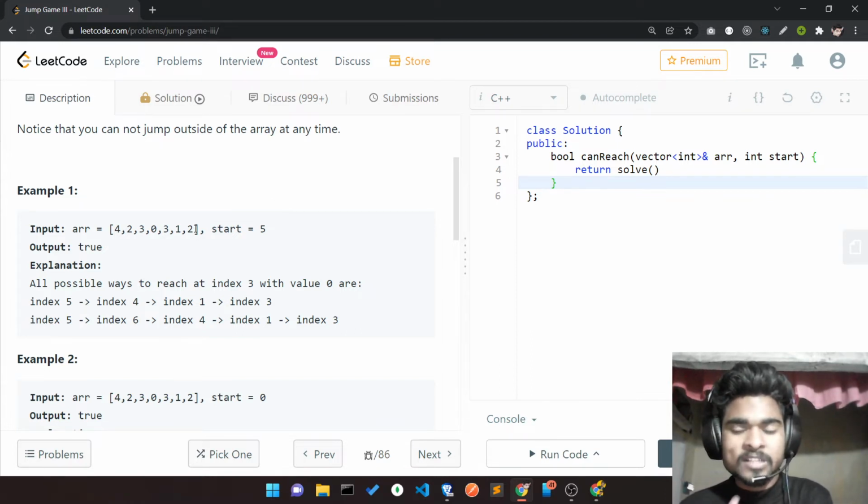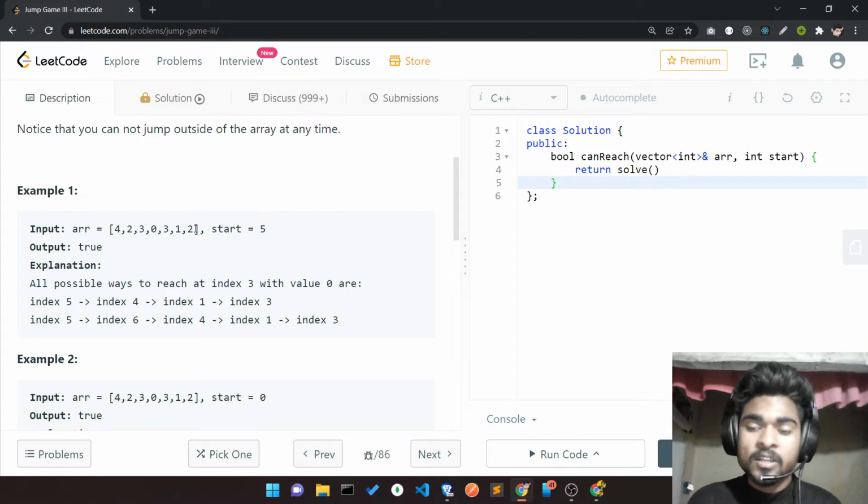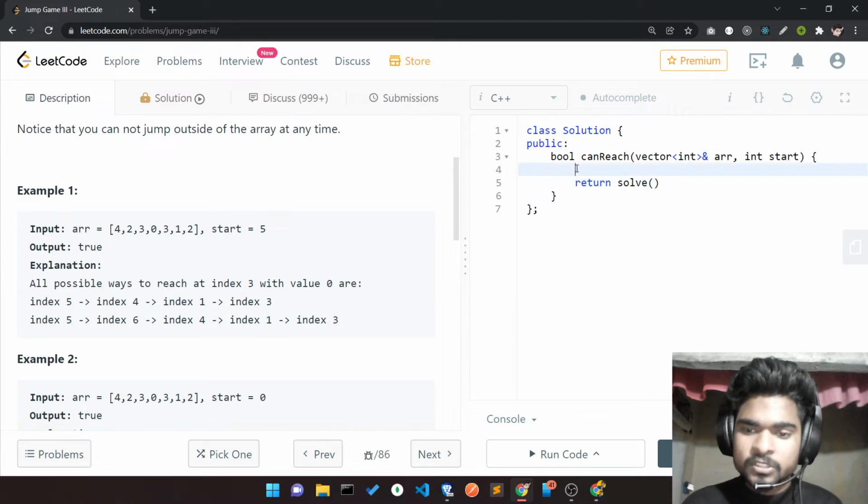There is repetition, so I have to remove it. That's why I'll make a visited array which stores whether I have visited an index or not.